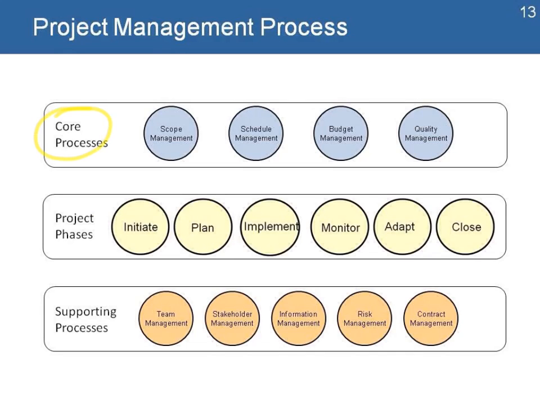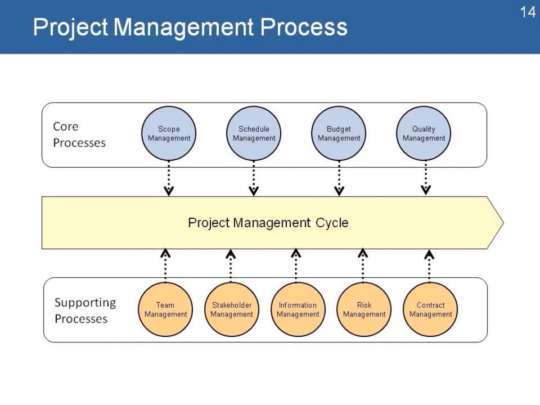The core processes and supporting processes are related to the project management phases in the project cycle. They do not necessarily happen at one moment or a specific time during the project cycle, but they happen across all the different phases at different intervals and at different levels of effort, so that our core processes and supporting processes are constantly being managed during the project